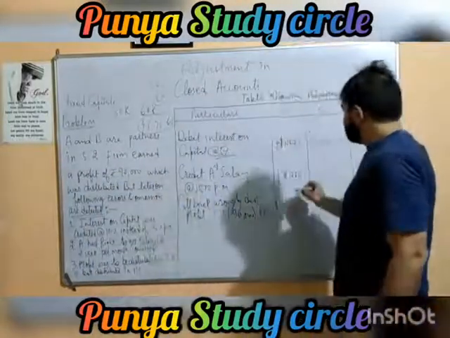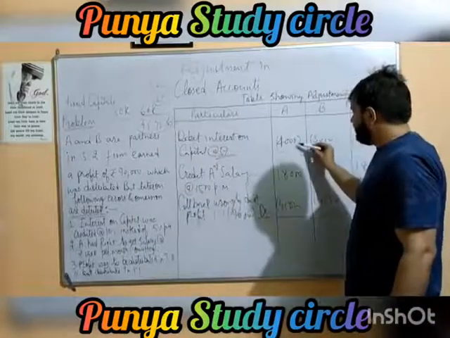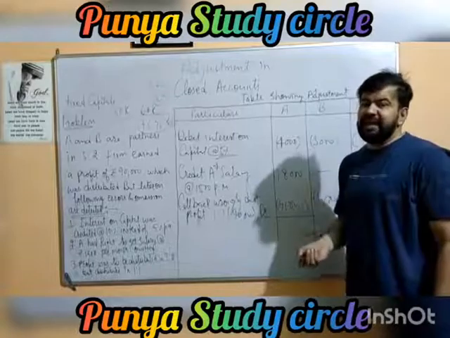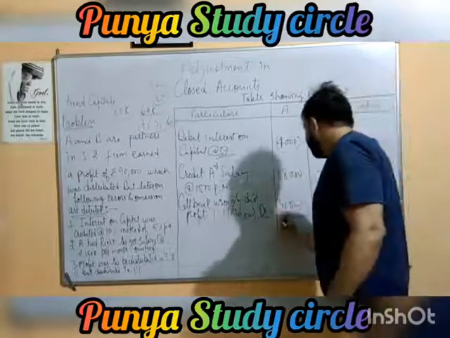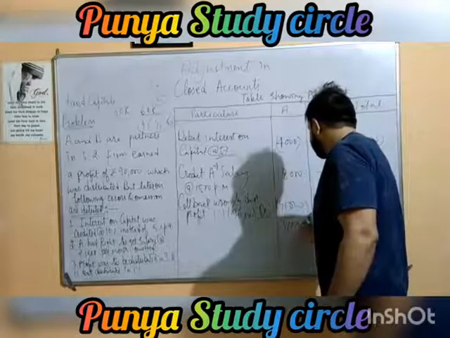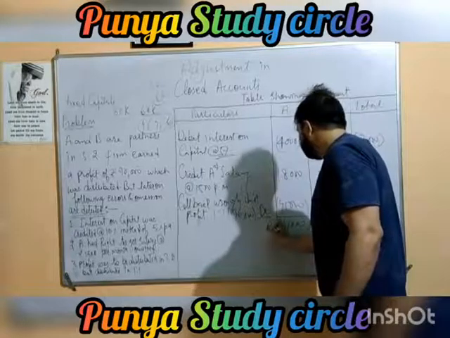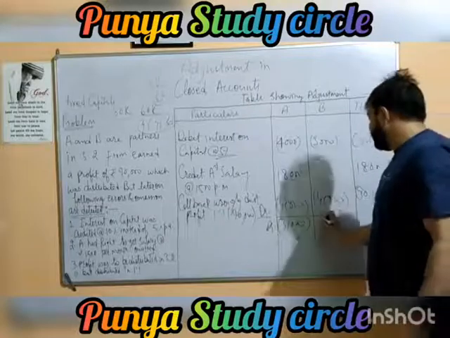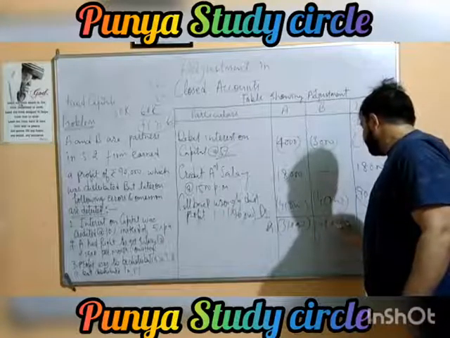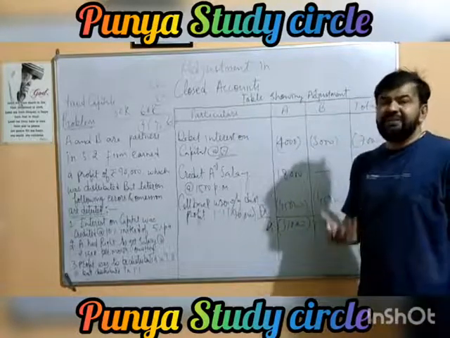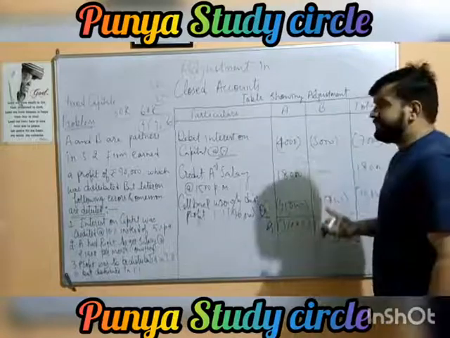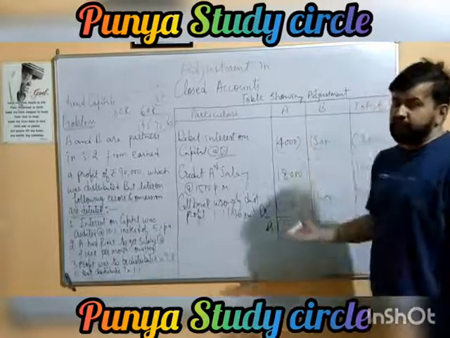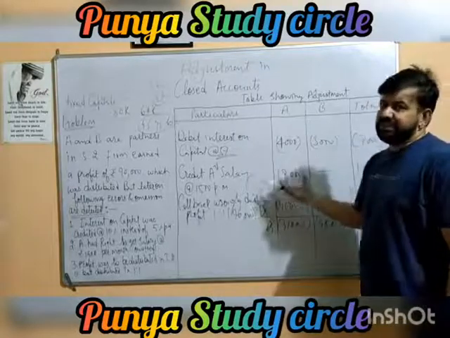So here check. We have to give him 18,000, but we have to take back from him 4 plus 45, 49,000. 49 minus 18, 31,000. This 31,000 is to be taken back from A. Here 45,000 and 3,000, 48,000. This 48,000 will be taken back. We are believing as if we are taking back, so that we can divide the divisible profit in their correct ratio and we can provide them with all the benefits what they deserve.